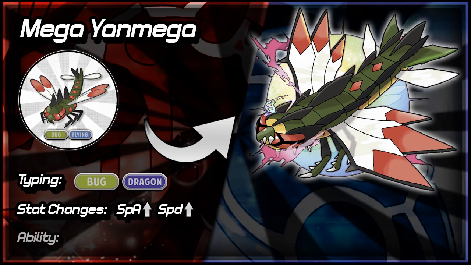Then, ability-wise for Mega Yanmega. First up, it could carry Speed Boost over, but is that the best thing you could do? Who knows? Obviously it would allow you to get Speed Boost out of your Mega Yanmega and get even higher speed, but you could see it the other way: